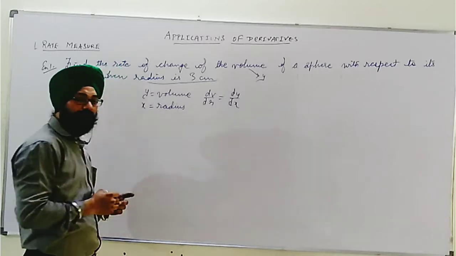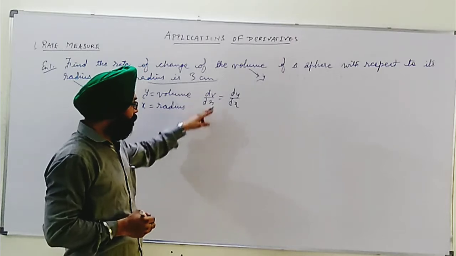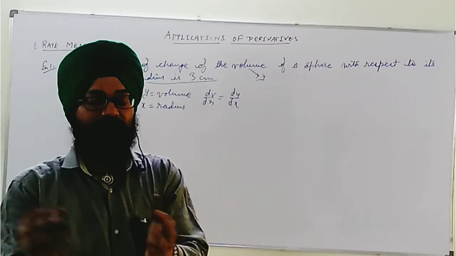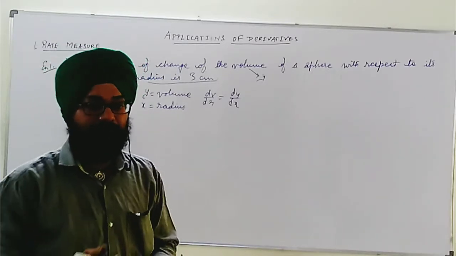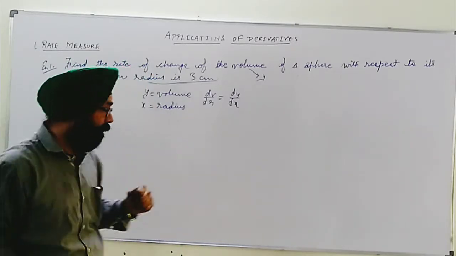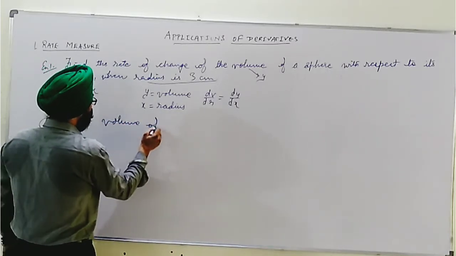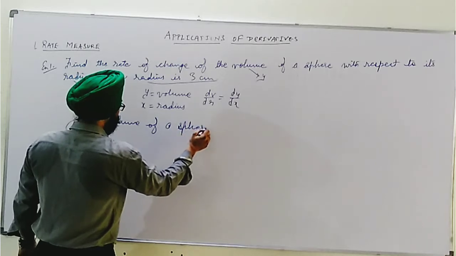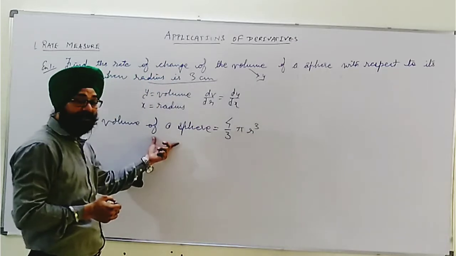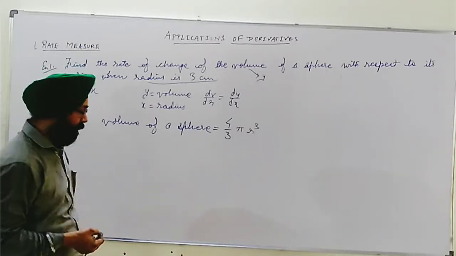Okay, means what we have to do, we need to differentiate volume with respect to radius, and this is possible only when volume is a function of r. Or in easier language I will say that volume has a direct relation with r. For that you must know the formula of volume of a sphere. Let's see what the formula of volume is. Volume of a sphere can be written as 4 by 3 pi r cubed. Yes, volume we can say is a function of radius. It's a direct relation between them. So direct differentiation is possible.